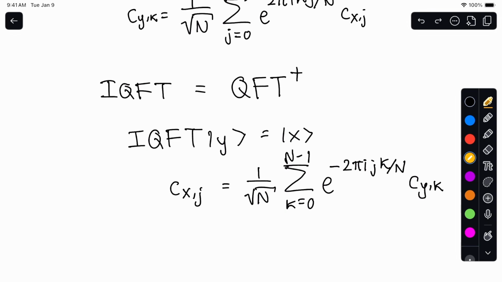And one thing I want to point out is that by convention, we have this minus sign here in the inverse quantum Fourier transform, but classically, that minus sign is in the Fourier transform. So it's kind of backwards from what you might expect, but that's just the convention. Okay, so we've written down mathematically what the QFT is, but how do we construct an algorithm or a series of